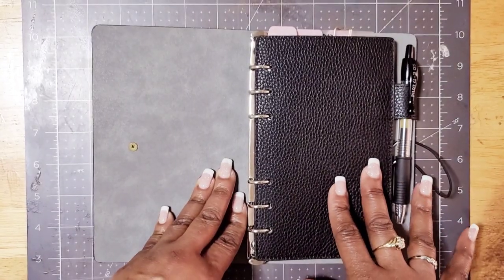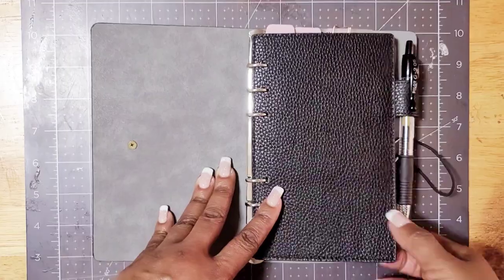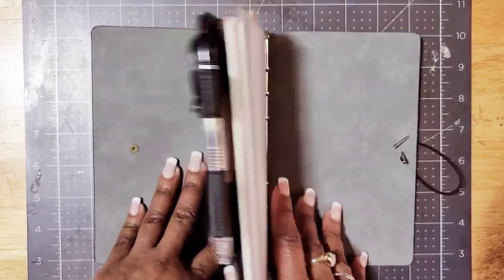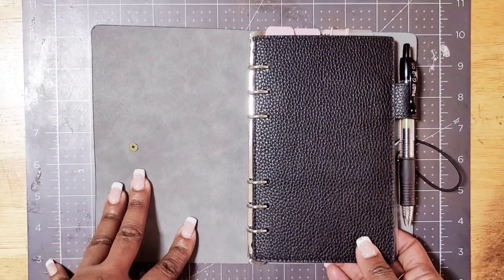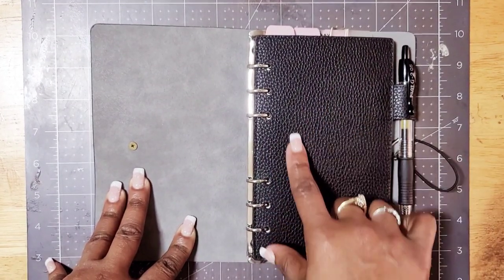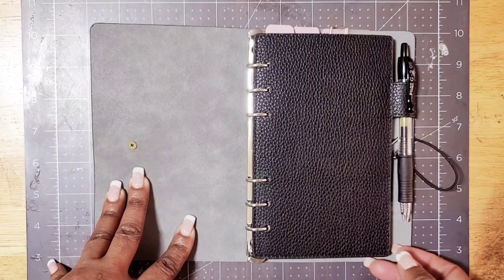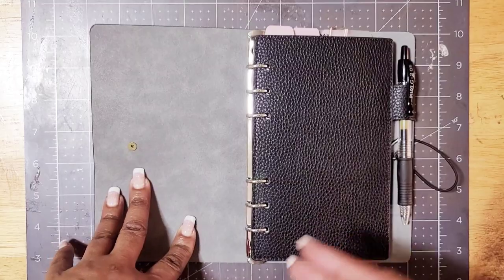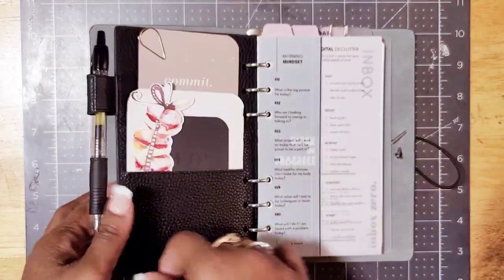And then this fly leaf here, it did not come with it. So same kind of thing. It's just a simple design, right? Just like your plotter will be when you purchase your plotter or plotter binder. What I did was I took this fly leaf out of one of my Moterm planners. So again, you remember I said the Bible size is comparable to your regular personal size inserts. So I just put that on here,